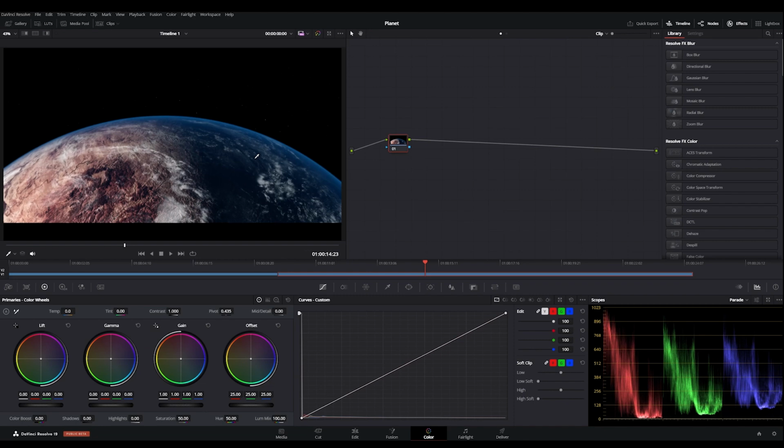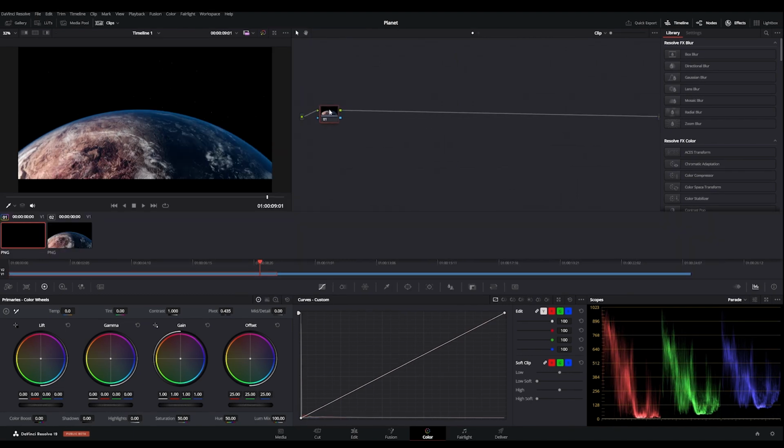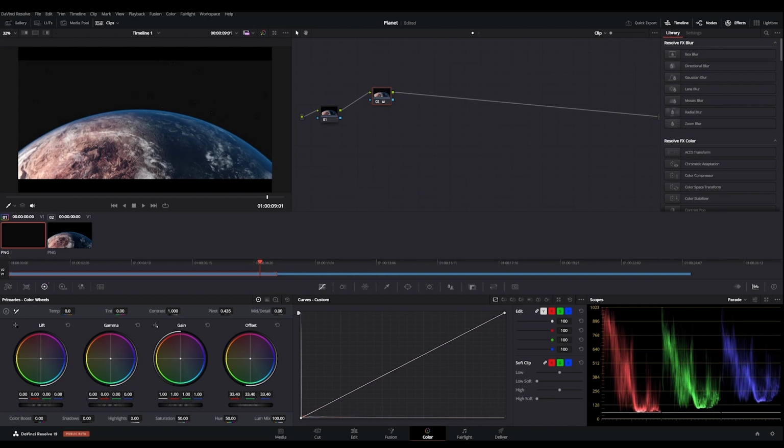And you can color grade right away in the Rec 709 color space. It's totally fine. But I want to show you just one little thing. And I press Alt S. It's creating a new serial node. So every change that I do on this node is stored in this node, and the previous node will not be affected, right? So when I start on this node now to grade and I increase the offset,